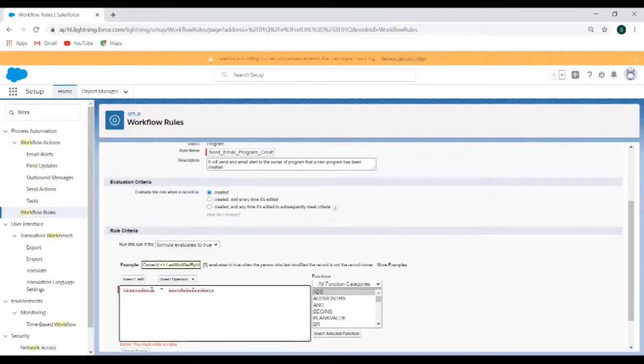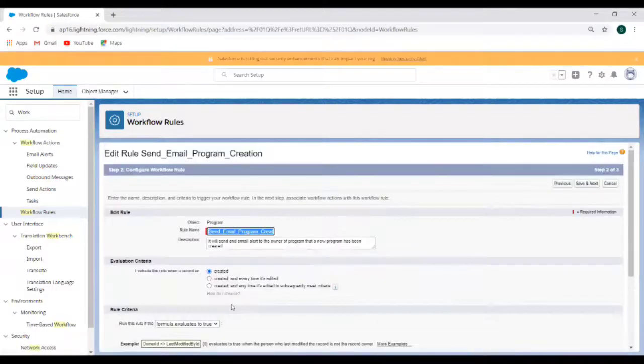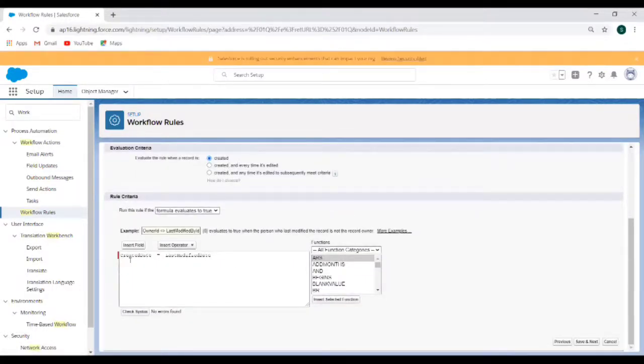So we just want to check whether both of these dates are equal, and this rule will run only once, when your record is getting created. We will just check the syntax over here. So whenever this formula evaluates to true, which in our case is when the record is getting created, this email should be sent.